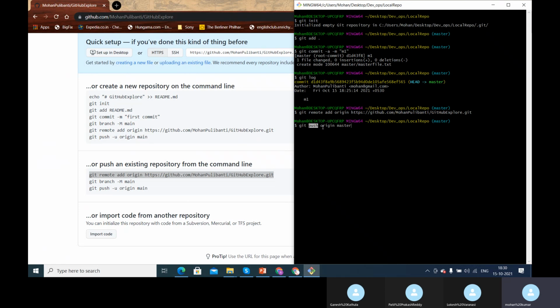Okay. Git push origin master. Origin is the alias of the remote repository URL, and master is the local repository's branch. Okay. When I execute this,